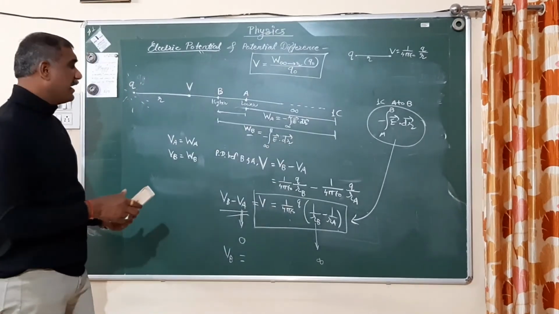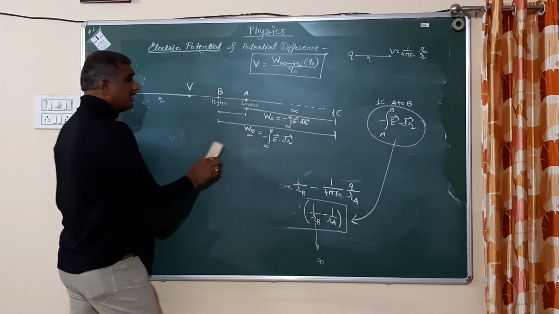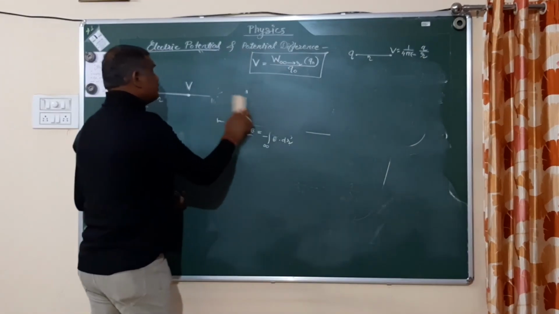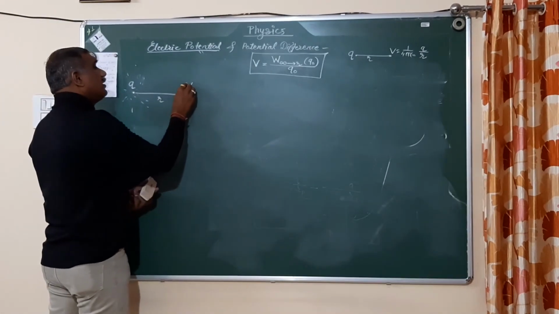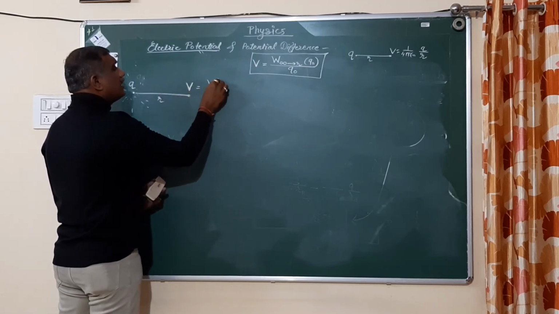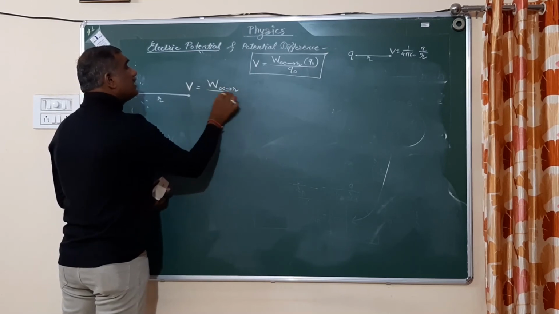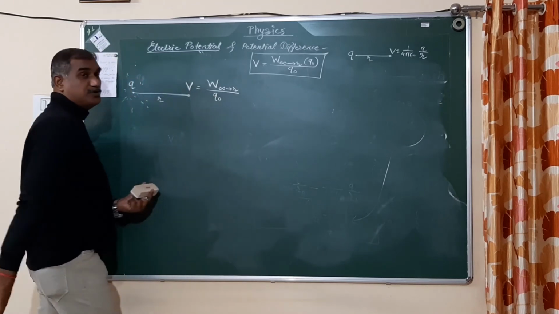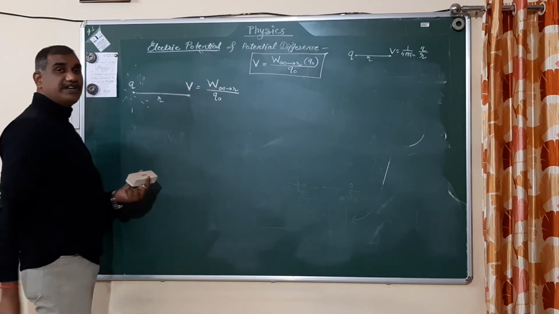Now the next part I am going to teach you about the potential, its unit and the definition of electric potential. Now you know very well that the potential at a distance R is nothing but the work done in moving the charge from infinity to R. If you move the charge Q0, you have to divide by Q0, and then the potential is equal to work done per unit charge.